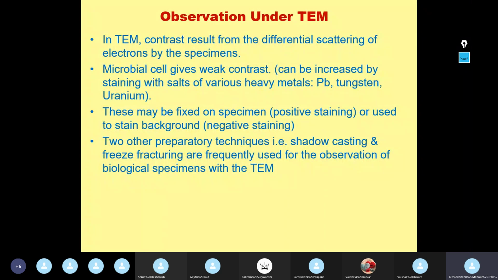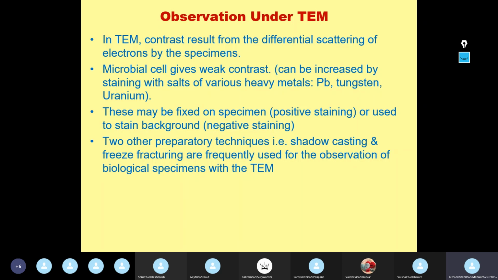So microbial cells normally give weak contrast. There is no contrast as such. But for observation of the structure, you need to have a contrast, and this contrast can be increased between the specimen by using staining methods. In electron microscopy, for increasing the contrast between the specimen sample and the background, staining method